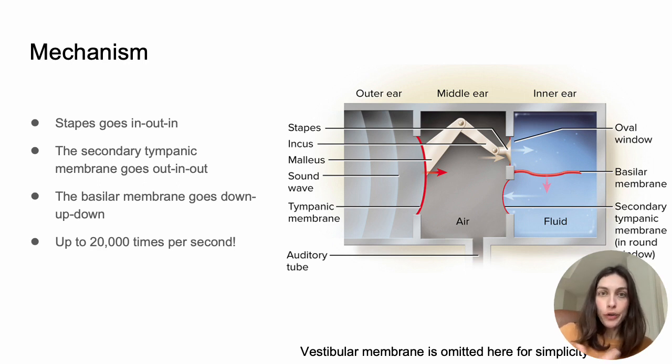Well, unlike air, fluids, including perilymph, are not compressible. So it's like in a pool, or in your bathtub, when you're pushing on the water, it's not just going to take less space. It's going to bounce out of the pool or out of the tub because it still needs to take as much space as it did before. And when you've shoved it, that means the end of it also needs to be shoved somewhere.